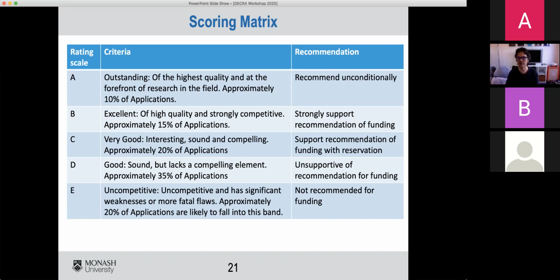Margins around the clarity of presentation, how easy you make life for the College of Experts member, how clearly you've identified the innovative aspects, how well you've contextualized your research opportunity and performance. All of these bits come down to making a strong application, because you really need to be in those top couple of bands in order to be supported for funding.